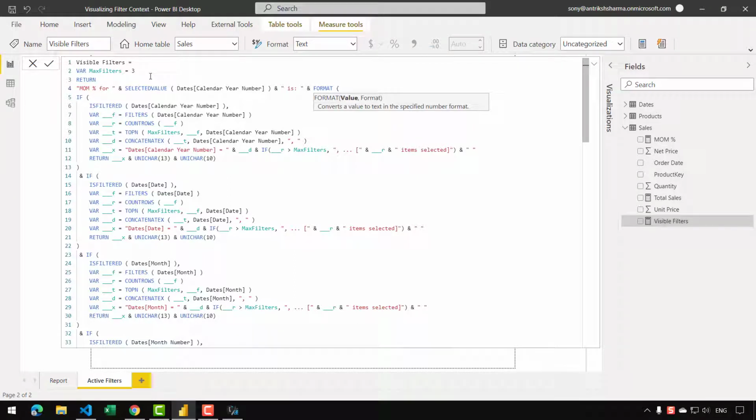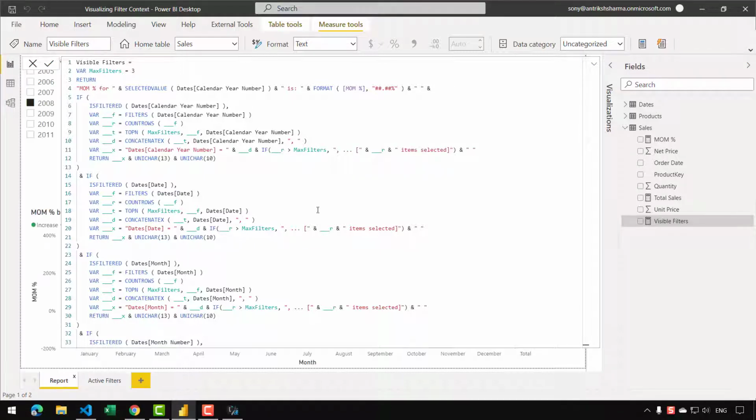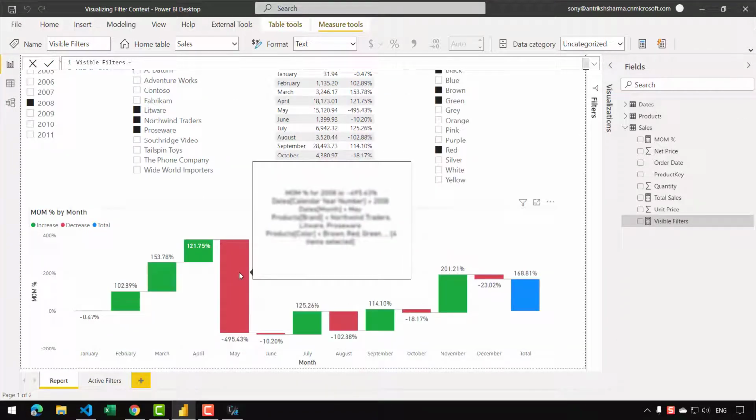and then I need to format my month over month percentage measure, and I can provide my custom formatting, which will be pound or hash, and then I can use percentage. Let's close the format, and then all I need to do is concatenate an additional space, and let's put another ampersand. And now let's go back to the report, and if I hover over the cell,